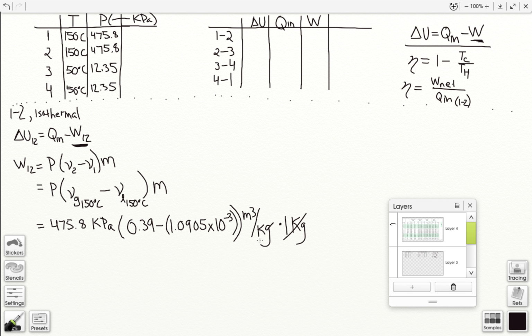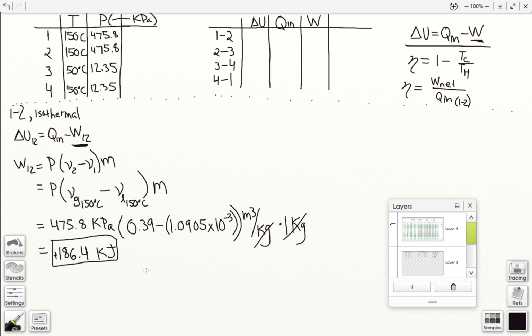So here the kilograms cancel out, and when we multiply all this out, we get 186.4 kilojoules. So kilopascals times meters cubed will get us the unit of kilojoules, which is a unit of energy. So this is the work done by the gas. It is a positive value, so we know the work is being done by the gas,